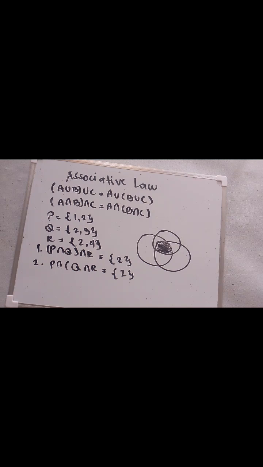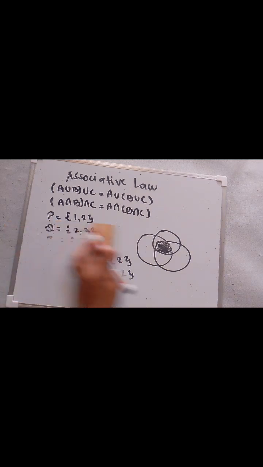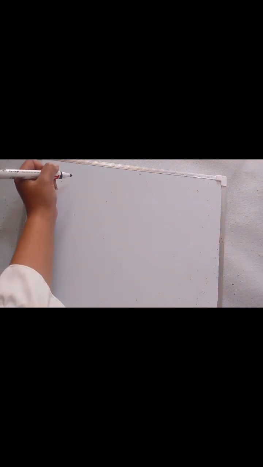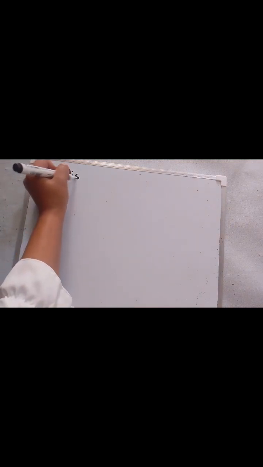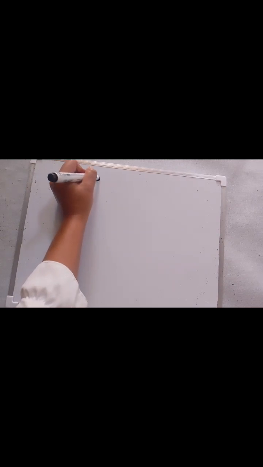When we use a Venn diagram, if we group A and B first or group B and C first, the final shaded region remains the same, no matter which sets we combine. The shaded area representing the union and intersection does not change, visually proving the associative laws. So next is the